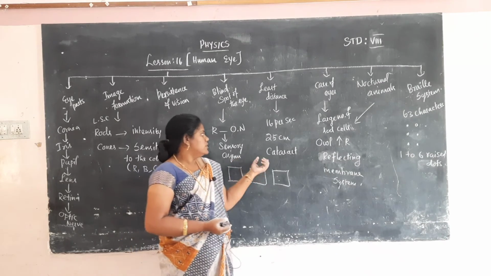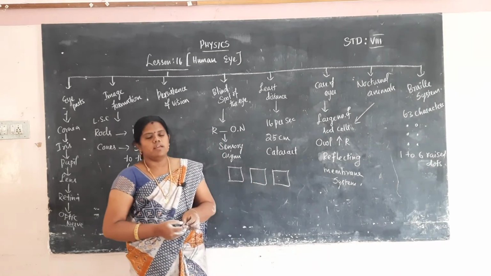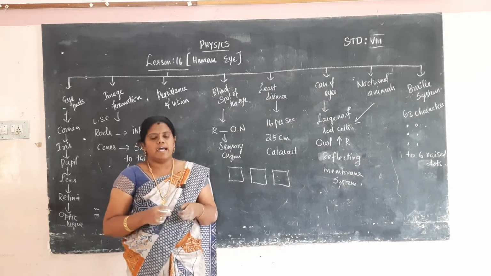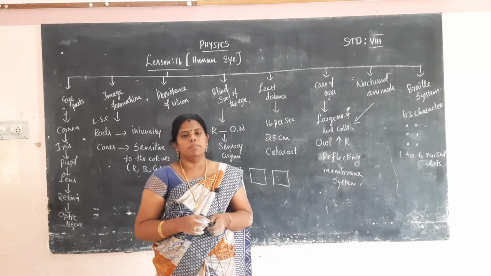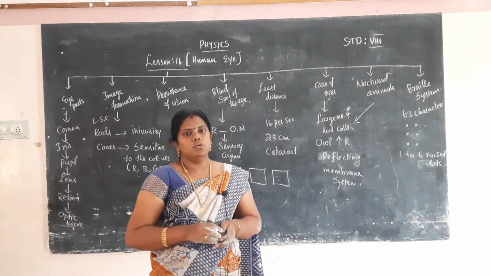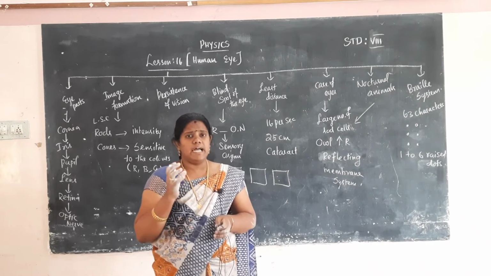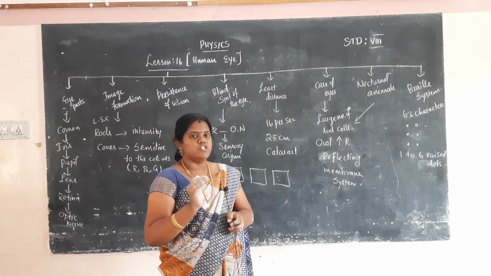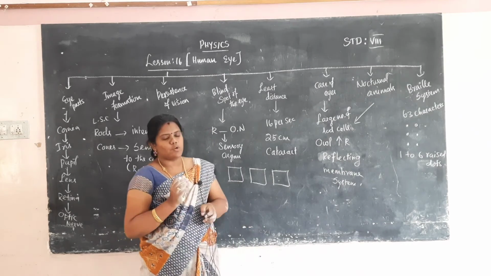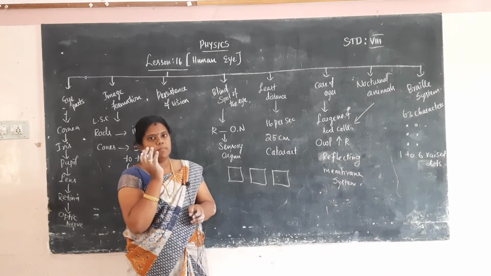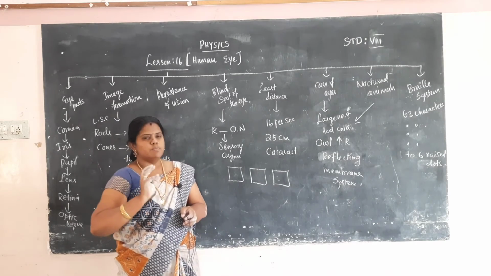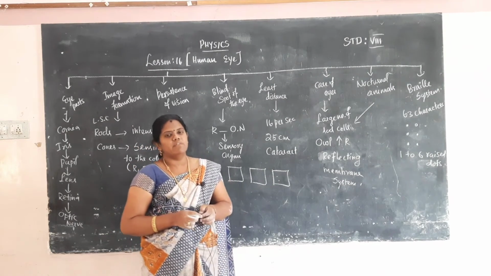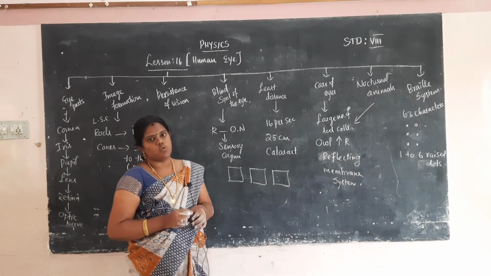Okay, then cataract. All know that cataract means that after the age of 40 or 60, the eyeball's view becomes very blurred. The eye captures the image, but the image is blurred at the age of 60. That is called cataract, because the eye lens is not working perfectly, so it gives a blurred image. That is called cataract.